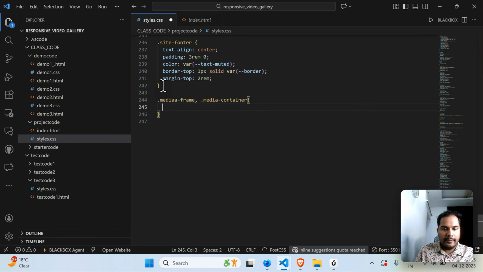For all the media frames and media containers, let's set the position to relative, the width to 100%, and the background to